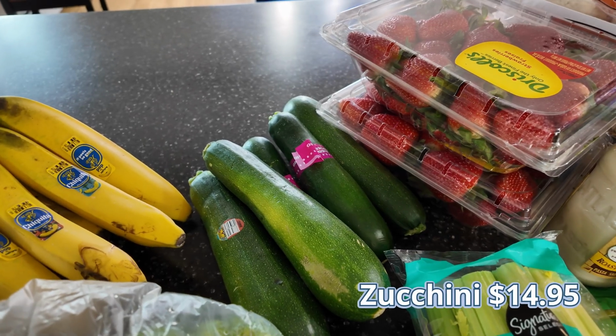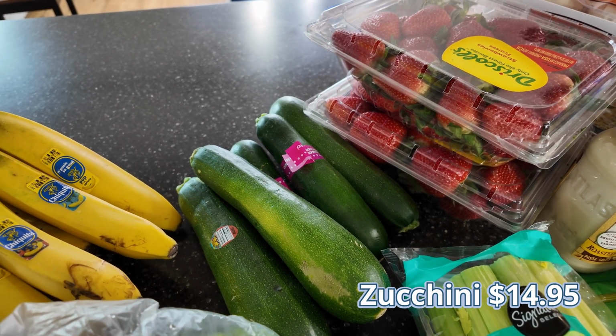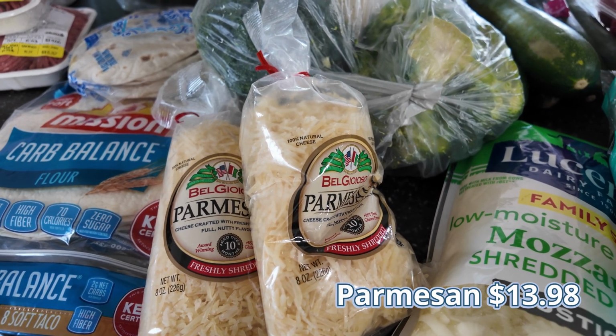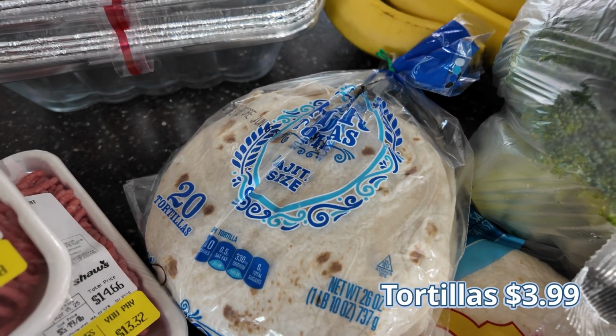Squash they have rang up twice here. $5.98 and $8.97. I also had to get more Parmesan cheese for the baked ziti, so that came out to $13.98. These other tortillas that we needed to get, those were $3.99. So again, total all in was